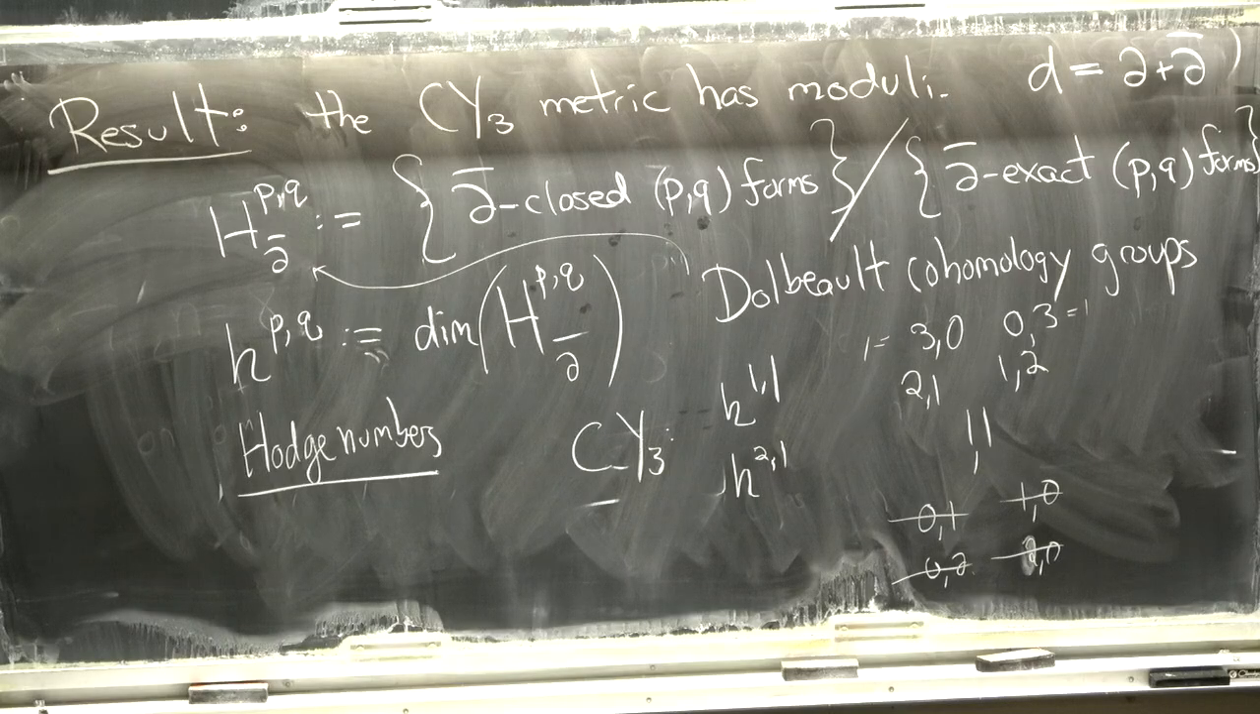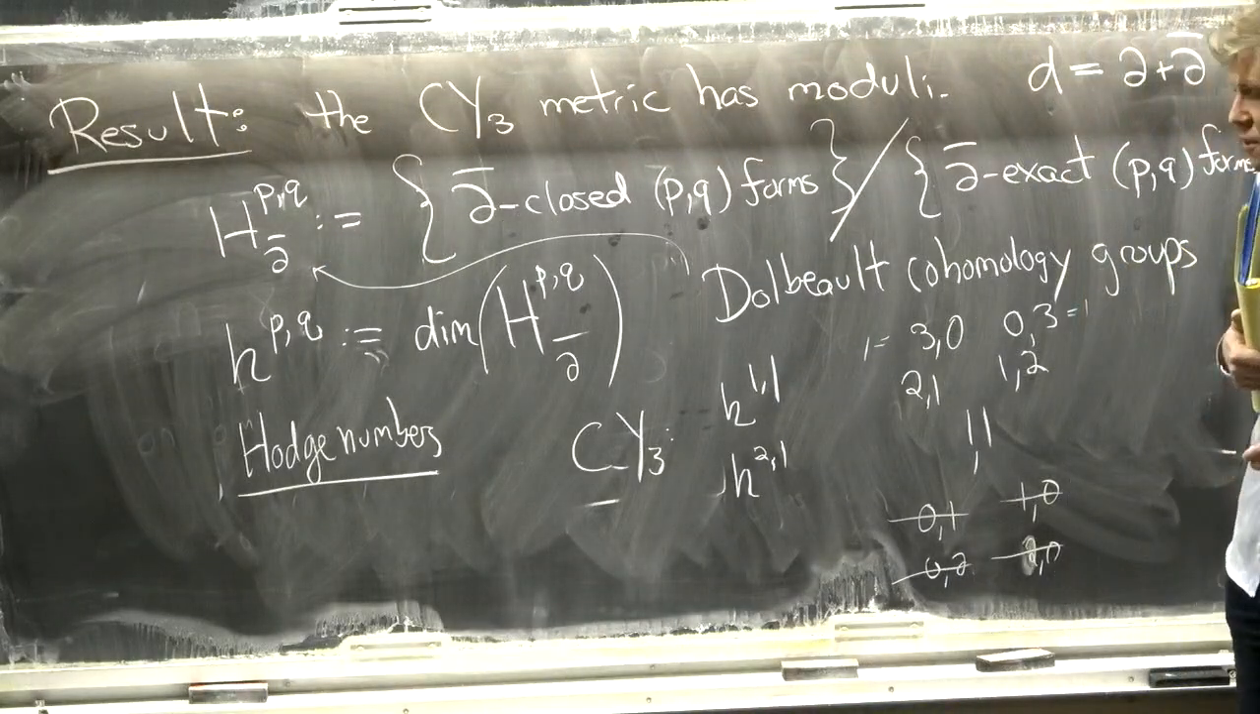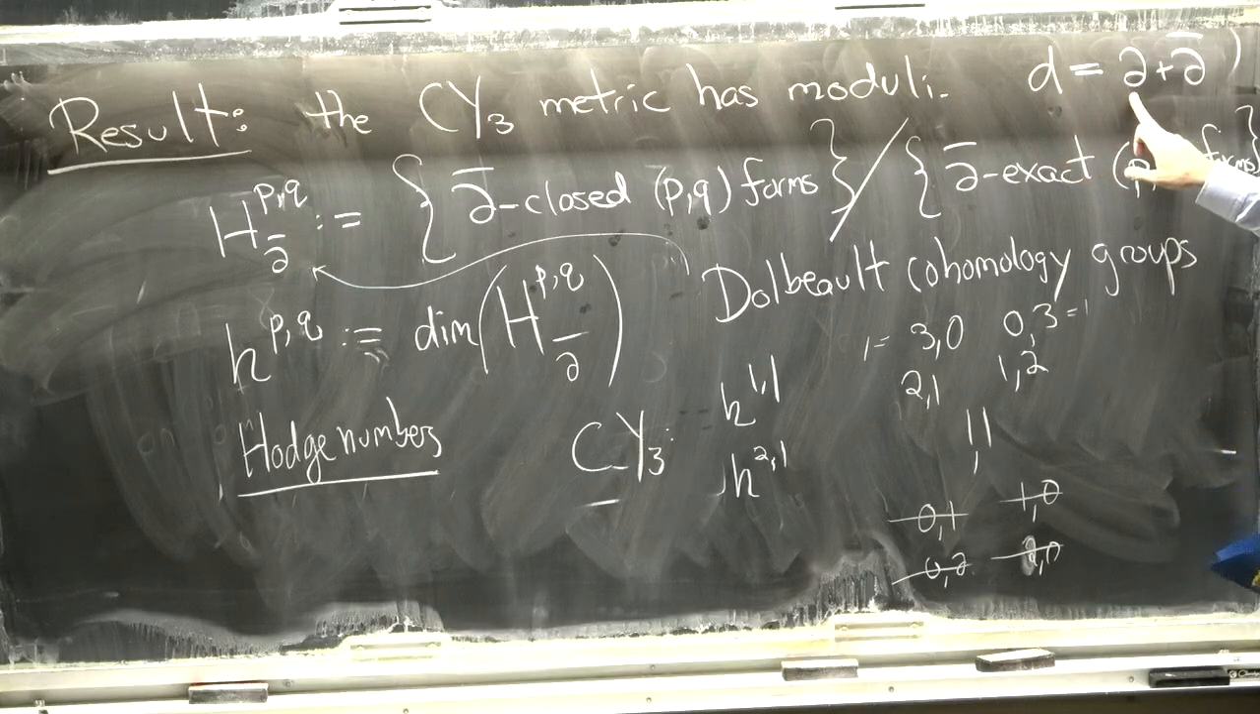So D is the number of moduli? I'm sorry, this D. My apologies, that is the exterior derivative. So this is the exterior derivative, which I've split into a derivative with respect to some z and some z bar coordinate. There's a question in the back. Is H^{3,0} the